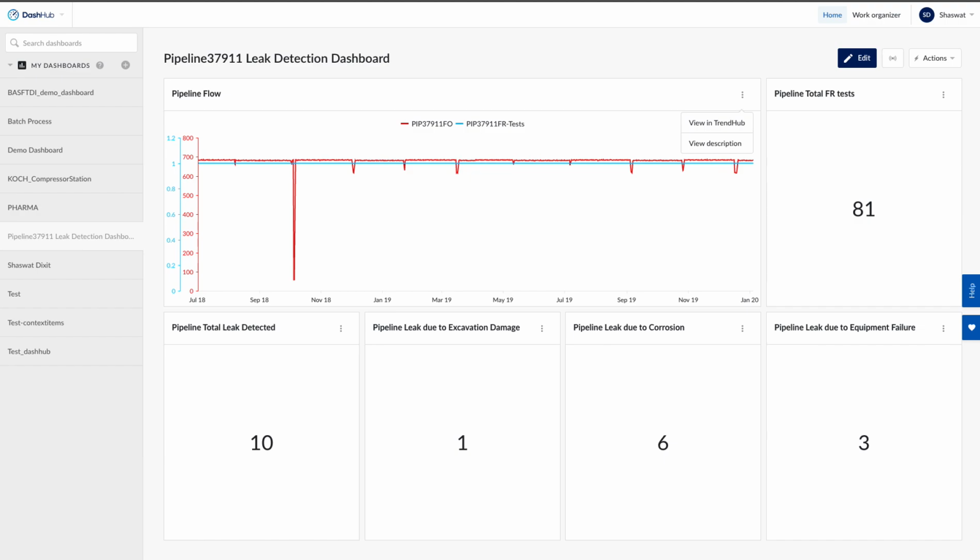Today I'm going to talk about leak detection in crude oil pipelines, mainly in upstream operations. Leakage of oil and gas pipelines may result in serious accidents such as fire, explosions, and combustion, with heavy casualties and huge economic losses. These leakages can be caused by external and internal factors like corrosion, excavation damage, incorrect operations,